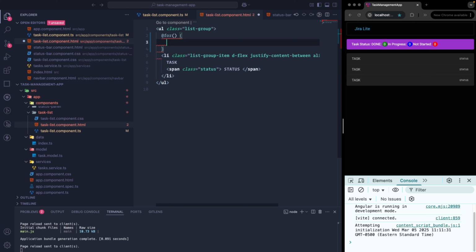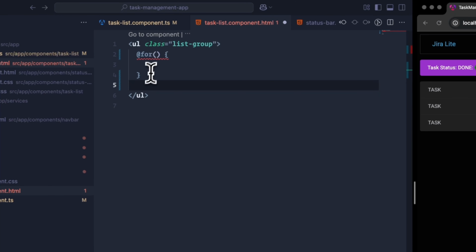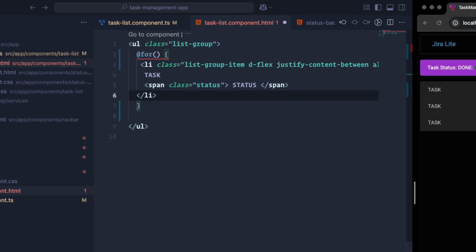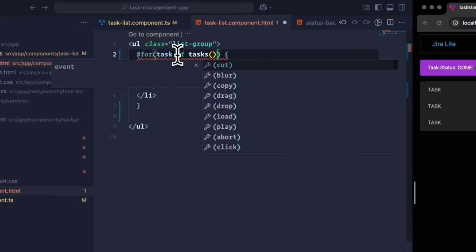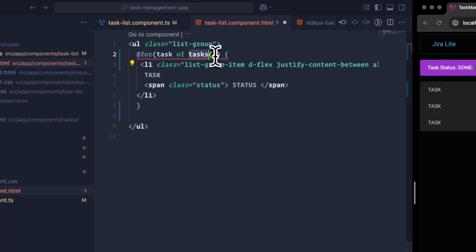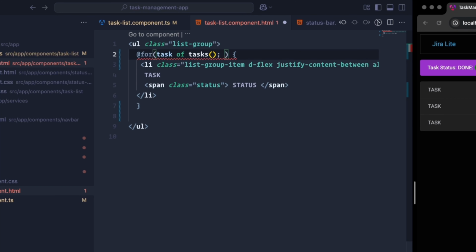This is an Angular specific syntax, and all we need is to loop over the collection and display a list item for each instance in that collection. The syntax is, you can name it whatever you want. I'm naming it as task of task. So this was a signal and we need to invoke the signal to unwrap it,